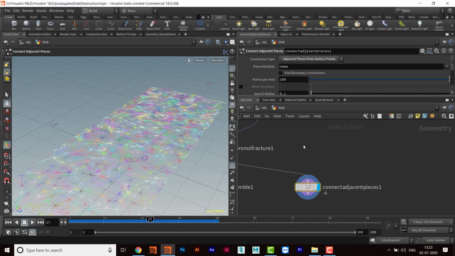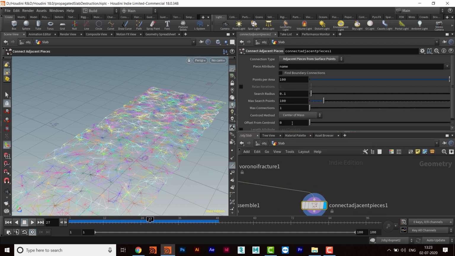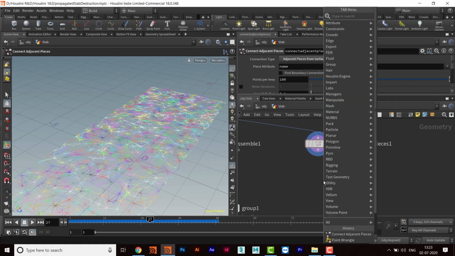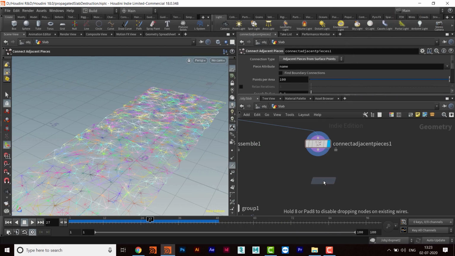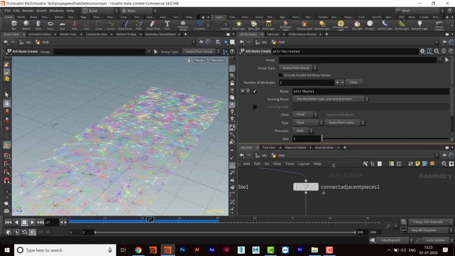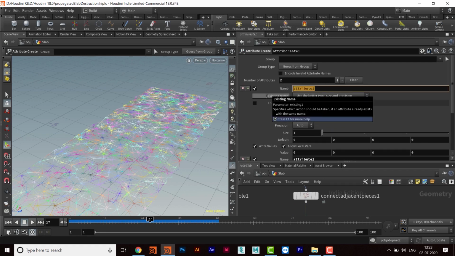Okay. So I will take this value first, and then I'll keep the search let it be like this right now. We will change it maybe later on. So I will take this one, and then I will create the attributes for that. So now I will take create attribute node, and then the first attribute we are going to create is the name attribute. So we will take two values for that, two inputs for that. So first one will be name attribute, that is